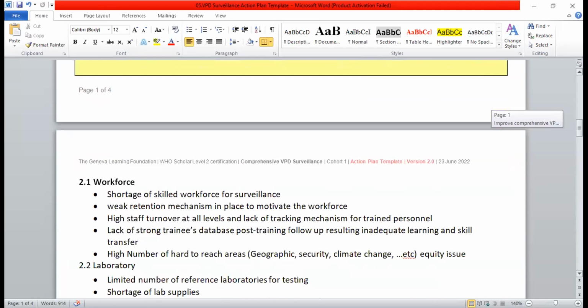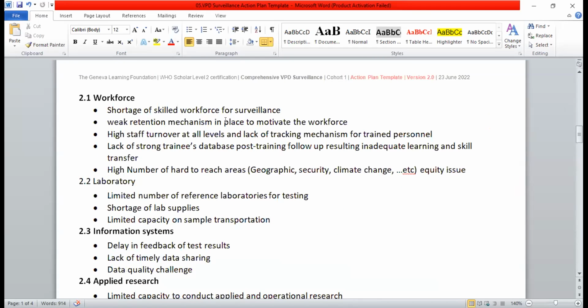When I come to the detailed challenges: shortage of skilled workforce for surveillance, weak retention mechanisms in place to motivate the health workforce, and high staff turnover at all levels, most of the time the lower levels are also critical.